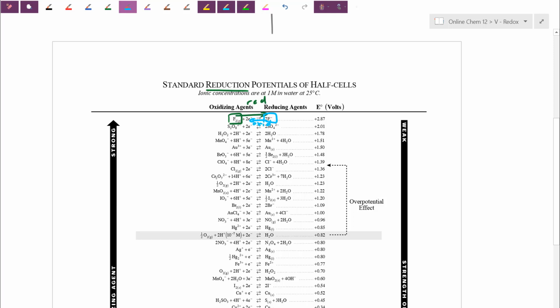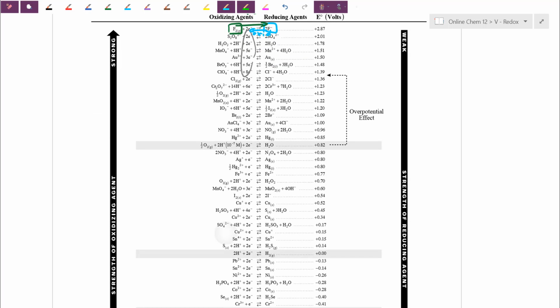So they're all written as reductions. That's why all of the electrons are on the left-hand side. If you ever want to read an oxidation, you take the partner and go backwards. Very similar to the acid was on the left. Acid equation donates a proton, versus if this is the conjugate base, it can then accept that proton again and go back the other way. So that's similar. We're going to talk about the standard potential part in a later lesson. But pretty much here, because every chemical has its own ability to reduce, some chemicals are going to actually reduce better than others. So just like we had acids having different strengths, we actually have the increasing strength of an